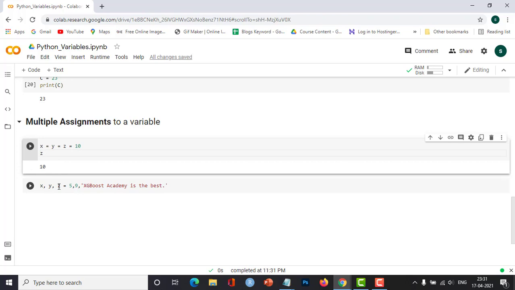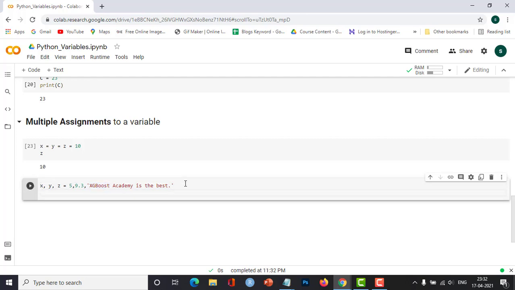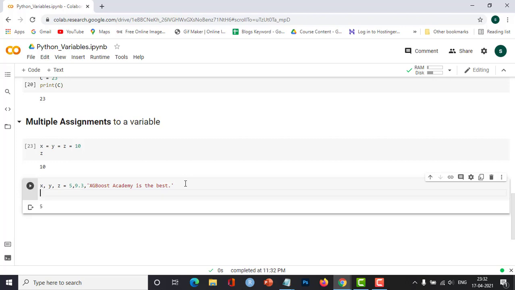Now you can also assign different values. Like here I have given the variable names as x comma y comma z, and then the values are 5, and let us give 9.3, and then a string. So integer, float, and then a string, that is XGBoost Academy is the best. Let us run this, and now I'll print x, I'll print y.